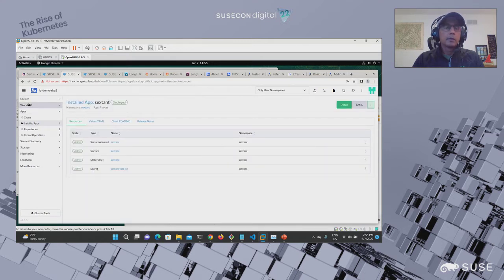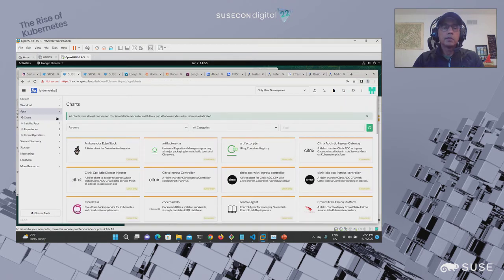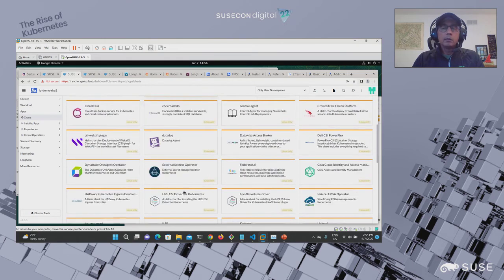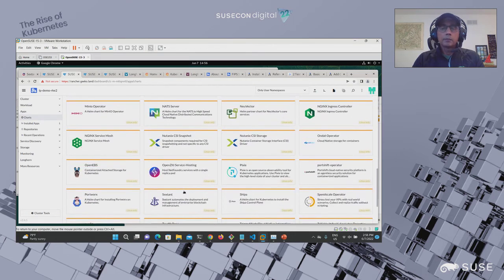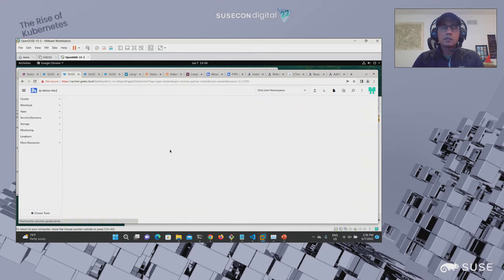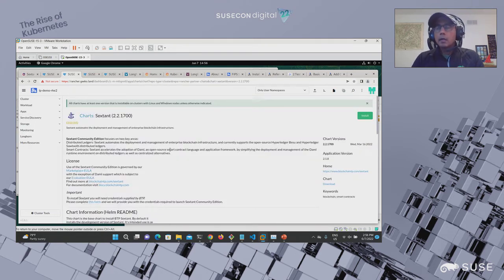No, we're good. All right. So if you go into the app view of Rancher, this is the marketplace, and underneath the partners is where we have Sextant. And the installation, like I said, is one click, but with a couple of inputs that you have to put.